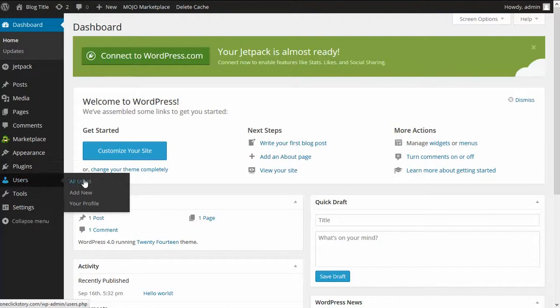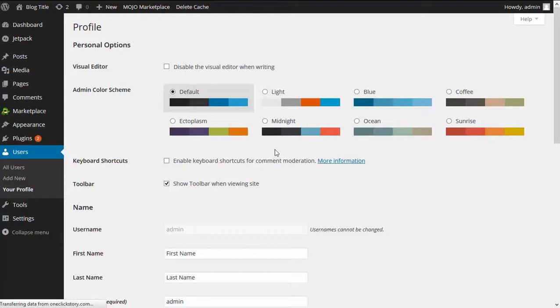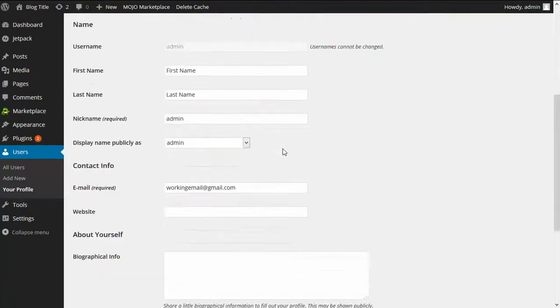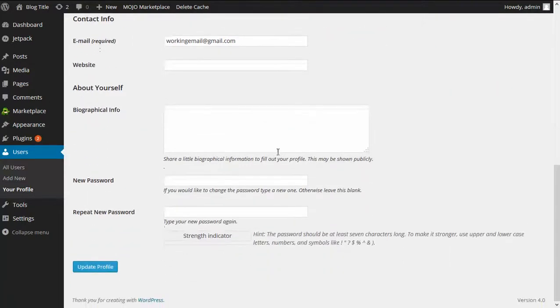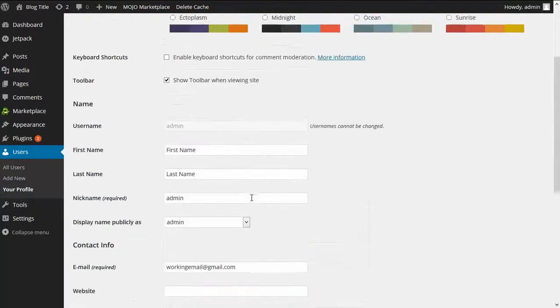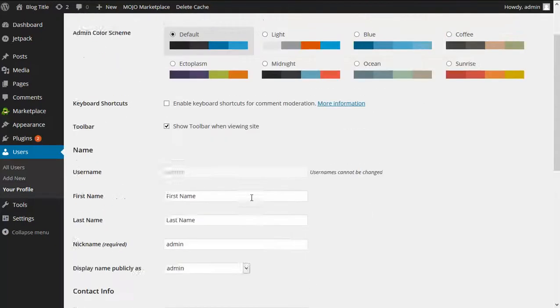And you can go to users and your profile. This is a must because the password which you have received is really a big one and contains many characters. So give a nice password which you can remember, and also just repeat the new password and then click update profile, and then next time onwards you can use your new password.